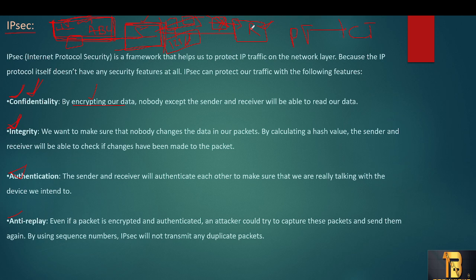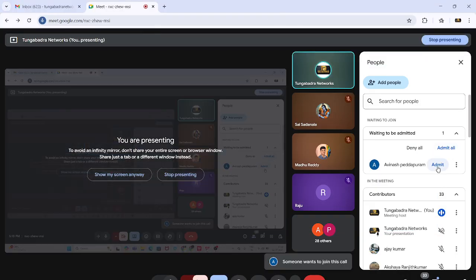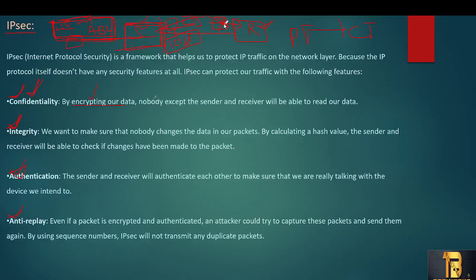Both will authenticate each other, and that helps the authentication. The last one is anti-replay. Even though we have encrypted and authenticated and hashed all the information,